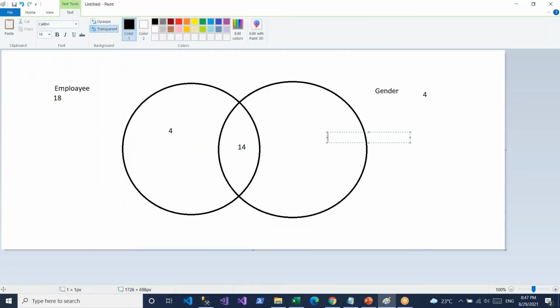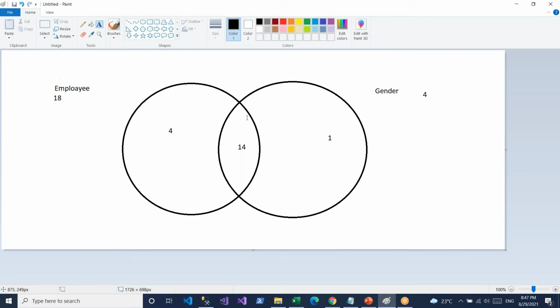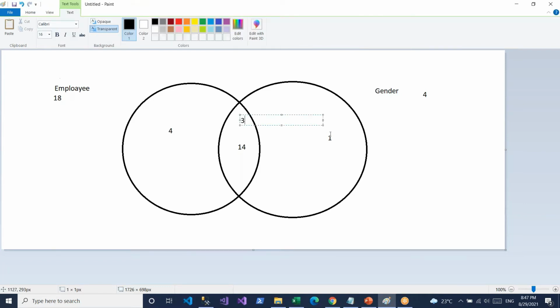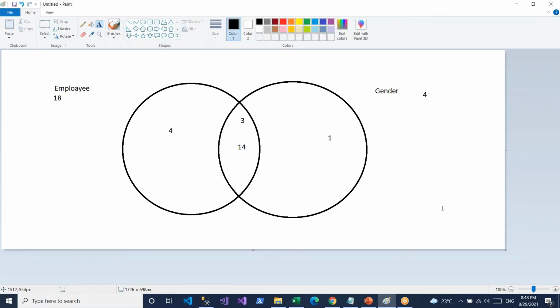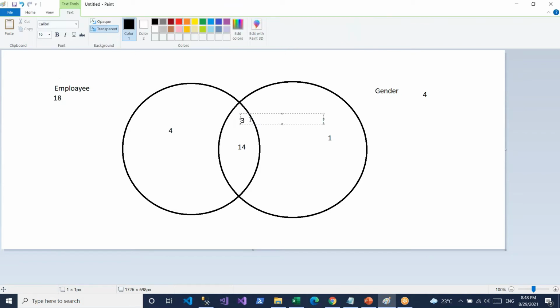So out of 4, 3 will be here and 1 will be outside. Okay. So this is the combined value. So we don't require this value, so we'll remove this one.